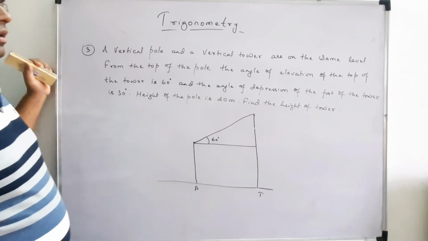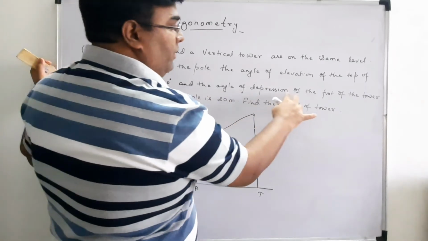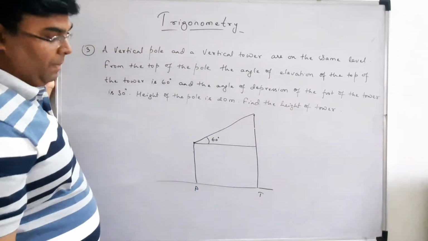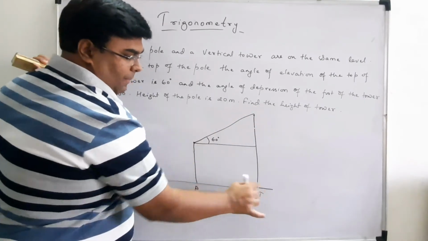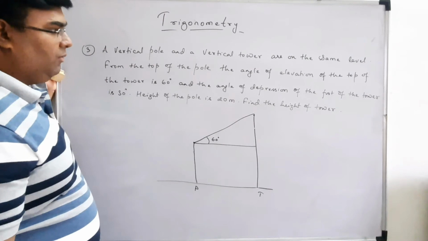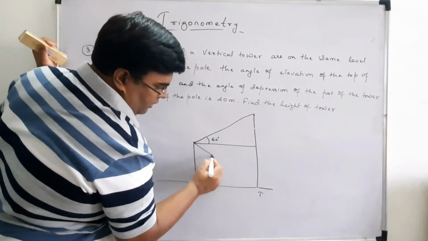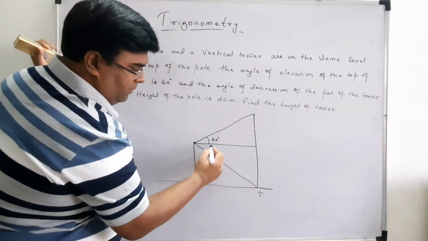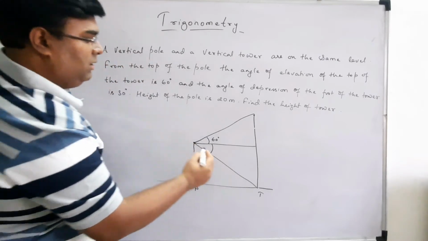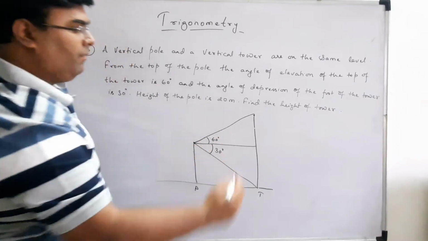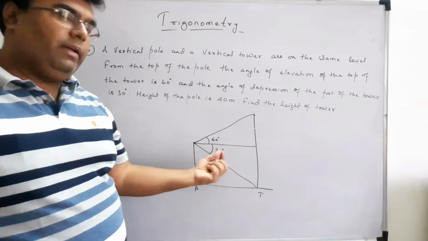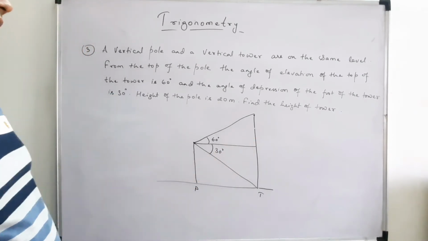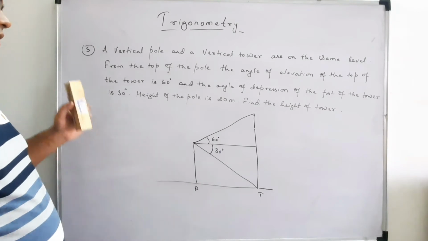Okay, and the angle of depression of the foot of the tower, I am setting it here. I am looking at the top also, I am looking at the bottom also, the foot. So what is the angle of depression? If you just join it here, this is my angle of depression, it is 30 degree. Okay, it's a rough diagram, so don't bother that 30 degree is looking more than 60 degree. So it's a rough diagram, you can use it, right?